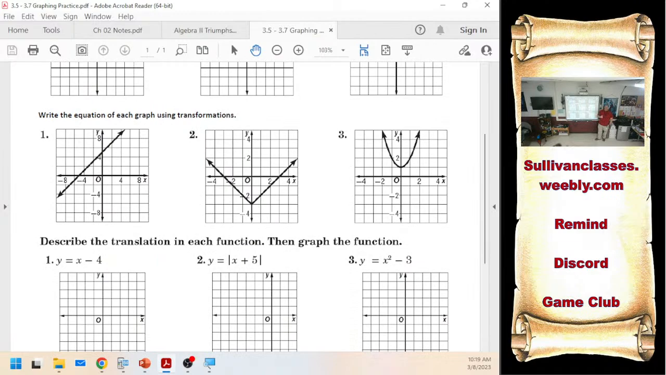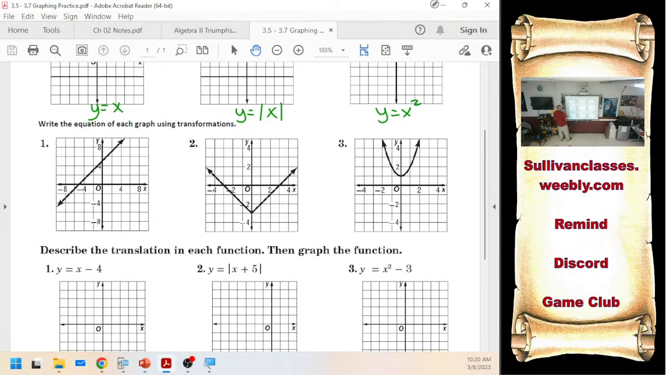Writing the equation using transformations. They all have a different parent graph. This is y equals x. This is y equals absolute value of x. This is y equals x squared. You have to rewrite the equation with, what did I do? Did I go up or down, left or right? Where is that in the equation? Inside or outside the grouping? Positive or negative? Okay, so you're going to rewrite those. You have to write the equation for those